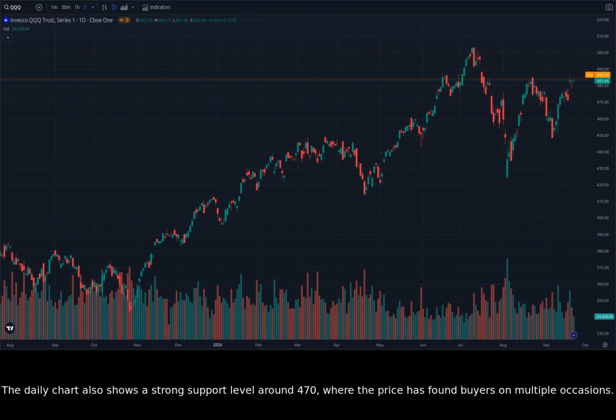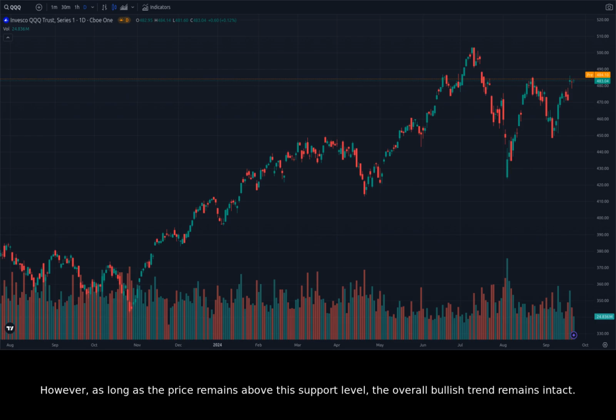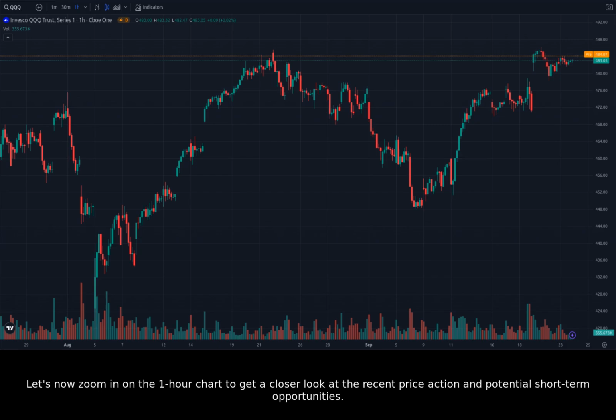The daily chart also shows a strong support level around 470, where the price has found buyers on multiple occasions. This level could serve as a critical area of support for the bulls if the market experiences a pullback. A break below this level could signal a weakening of the bullish momentum and potentially lead to a deeper correction in the short term. However, as long as the price remains above this support level, the overall bullish trend remains intact. Let's now zoom in on the 1-hour chart to get a closer look at the recent price action and